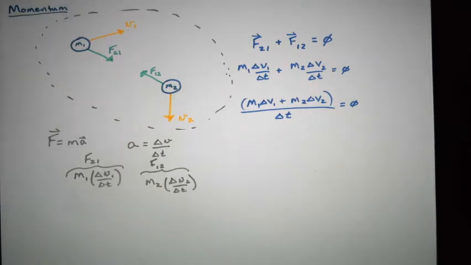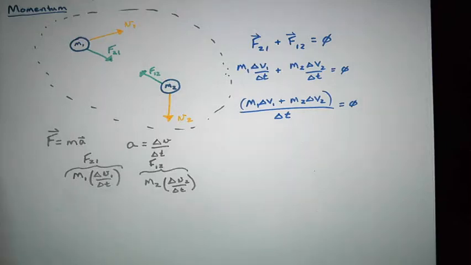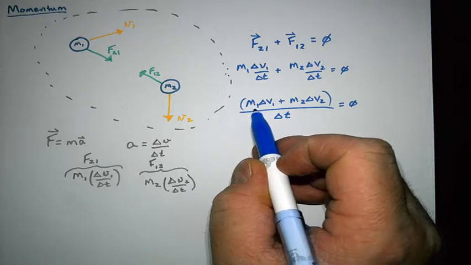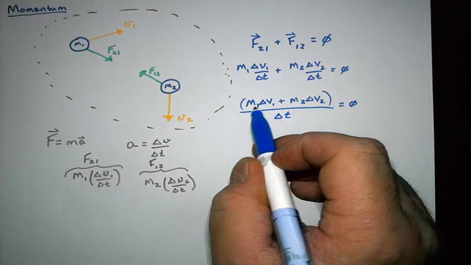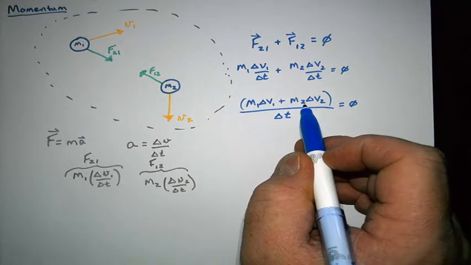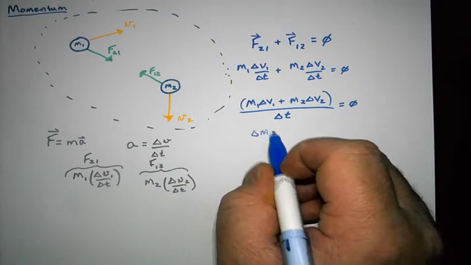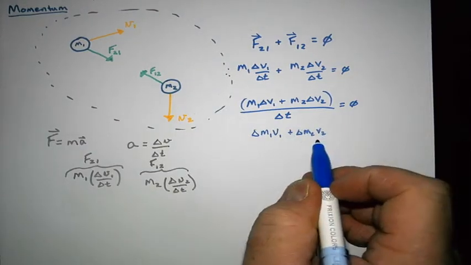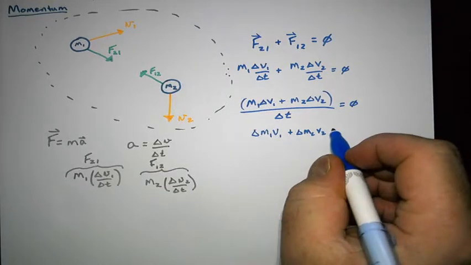Yeah. Negative and positive. They're negative and positive, but the sum together is going to be, okay, or let me put it a different way. Assuming that our masses are constant, we can write this a different way. We can write this as delta M1 times V1 plus delta M2 times V2, right? If the mass is constant, we're just multiplying a number in there, okay, and this whole thing equals 0